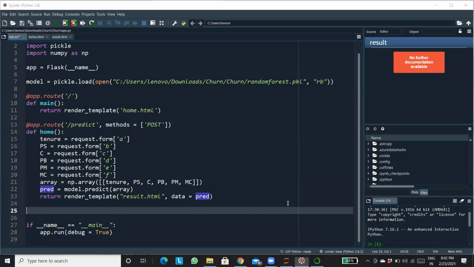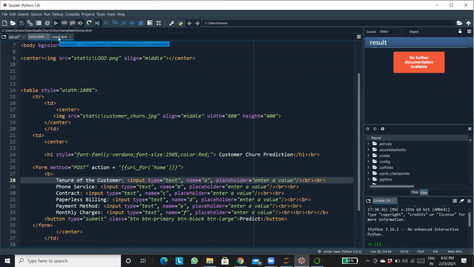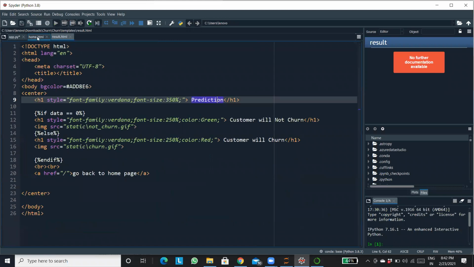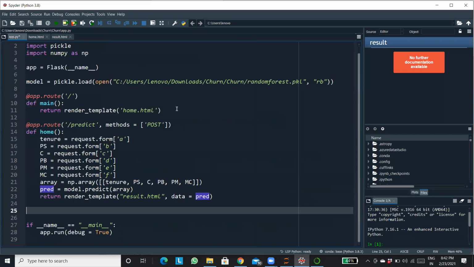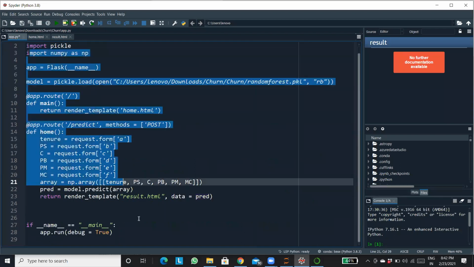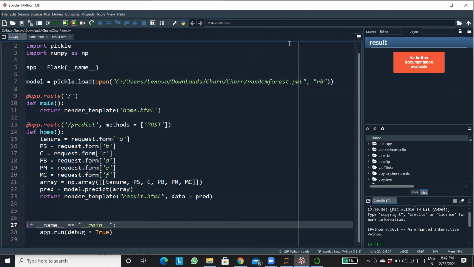App.py is not going to be called in the HTML page, Girja. You are not going to execute home.html or result.html. For deployment, you are going to execute your Flask app. Once you execute this Flask app, it is going to give you a link.